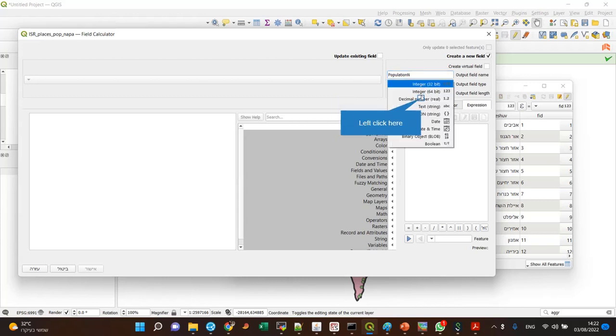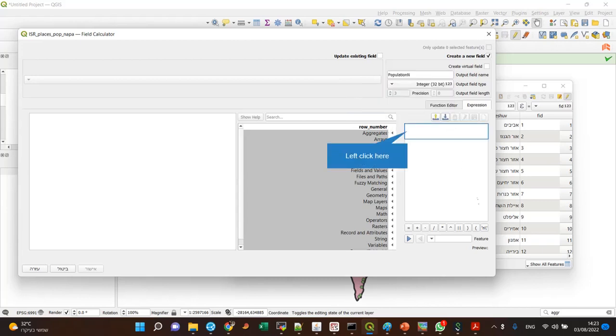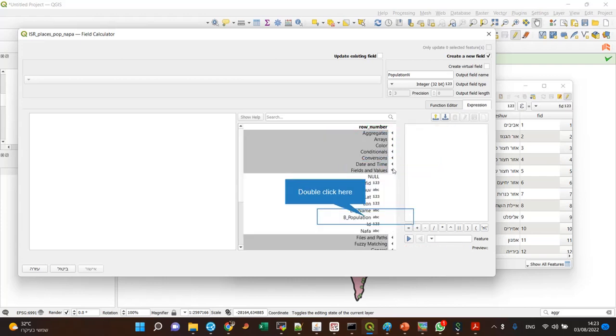We could define it as decimal. We could define it as date or text. Not everything will be correctly converted, but in our case, it's an integer. And all I need to do the conversion now is select the name of the field. I can do it by writing here population. You can see it's automatically identified, but in most cases I prefer going here to the fields and values